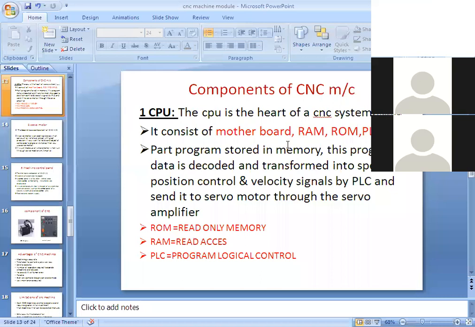Rishabh Shah, understanding? Yes, sir. Shall I repeat once again? Yes, sir. Are you understanding clearly all three components of the CNC machine? Okay. Yes, sir. Okay, mute it. I'll go to the next slide.